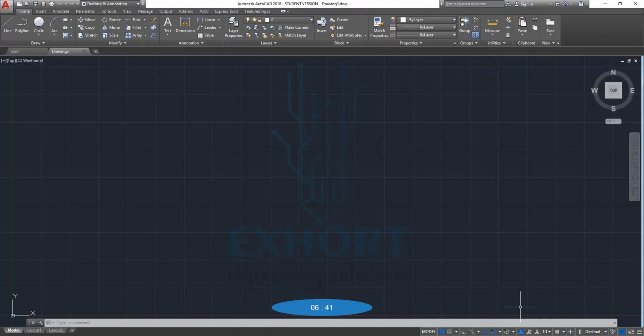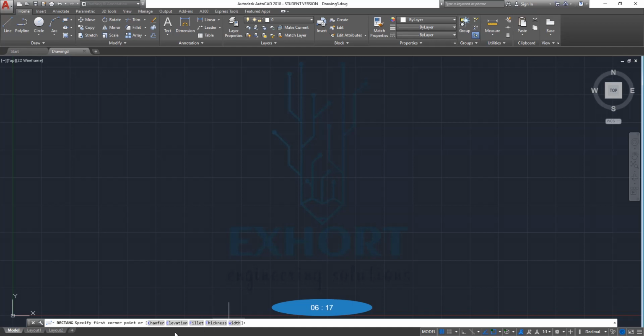Hello friends, welcome back. In this video we are going to see the rectangle and polygon command, which is available in the draw section. First of all, we will see the rectangle and then polygon. So select the rectangle command. You will notice that the selection of the rectangle command will be shown in the command section. Also here in the command section we can see chamfer, elevation, fillet, thickness and width. These 5 tabs have been shown.